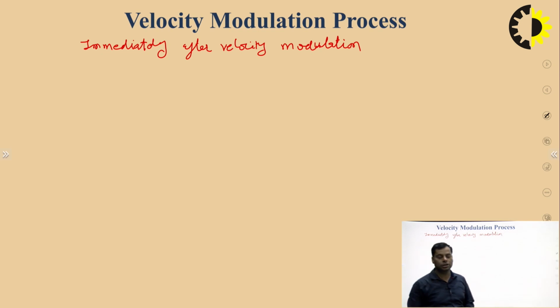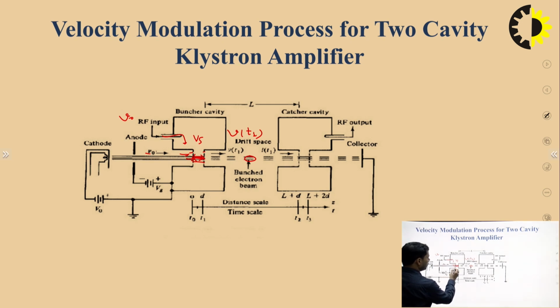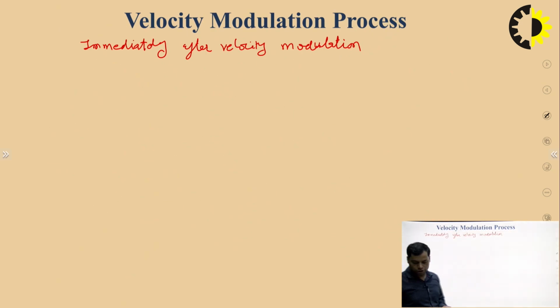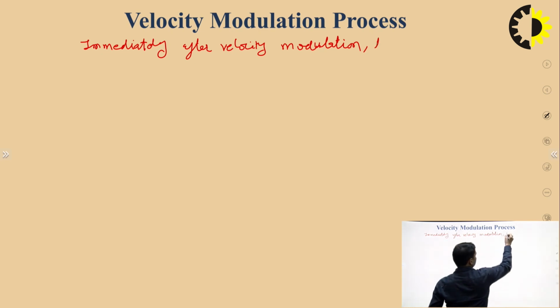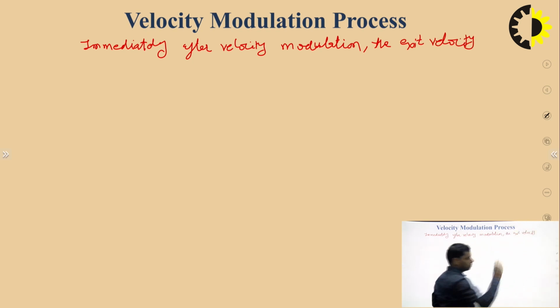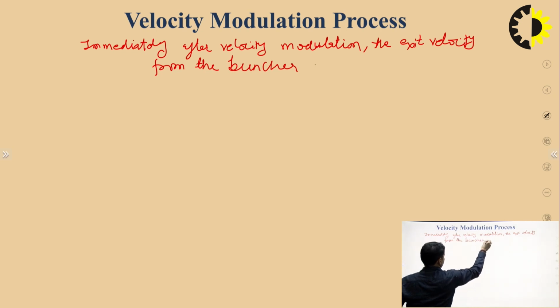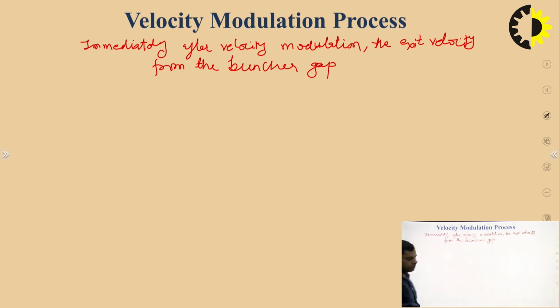The velocity modulation takes place in this gap A, so the velocity will get changed when electrons come out from gap A. This exit velocity from the buncher gap will be Vt1, given by